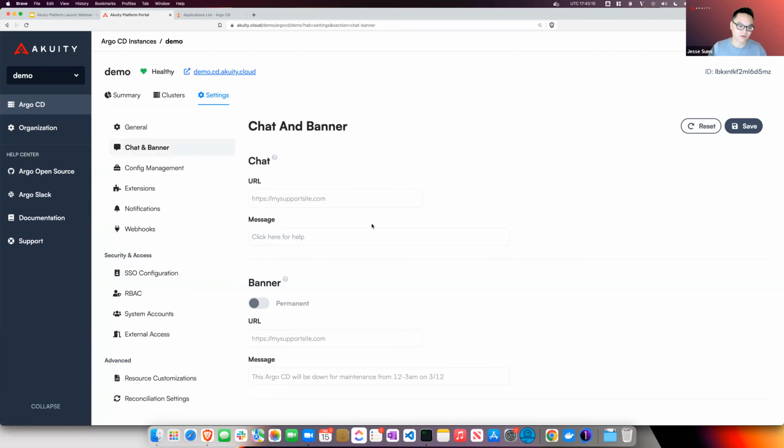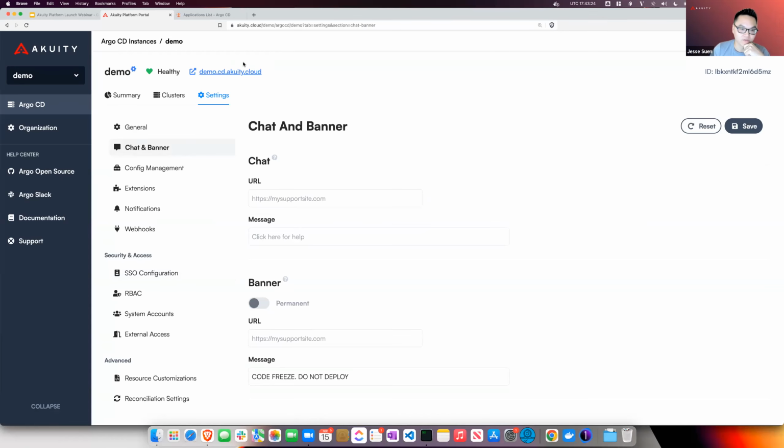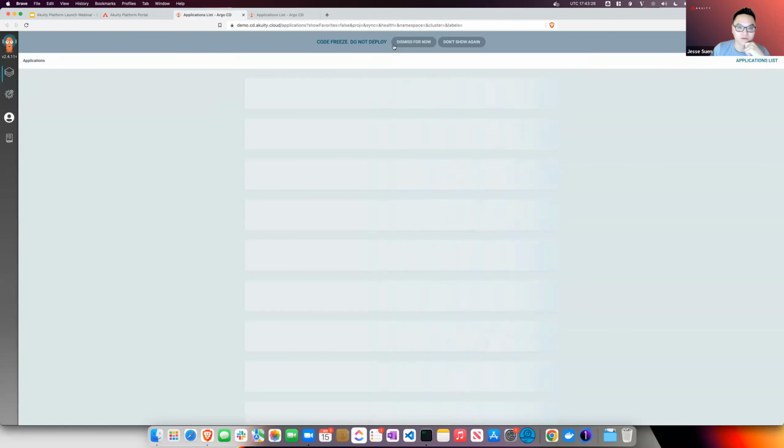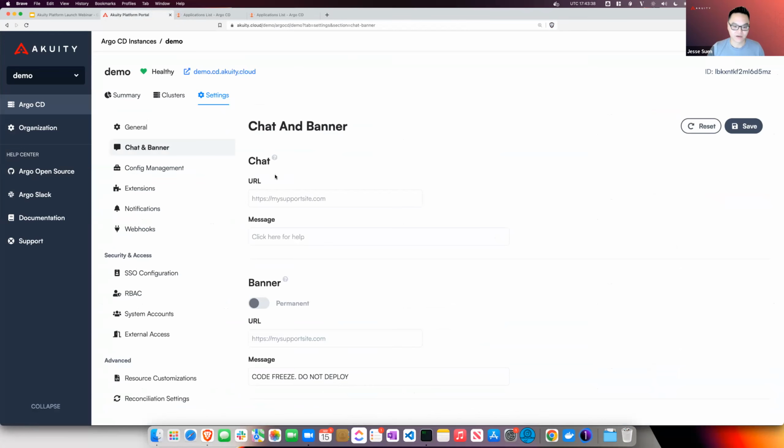So maybe I want to add a banner like, code freeze, do not deploy, and save this. As soon as I apply this, we'll apply those changes to the config map, and now when you visit this, you'll get this banner. Making changes like this is super easy in the Akuity platform.